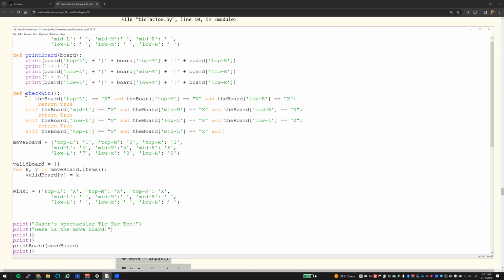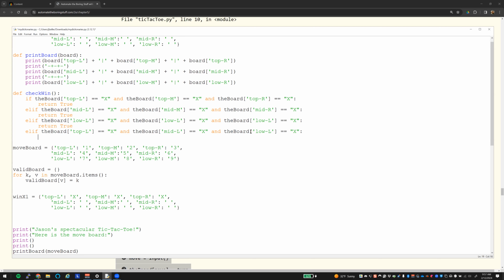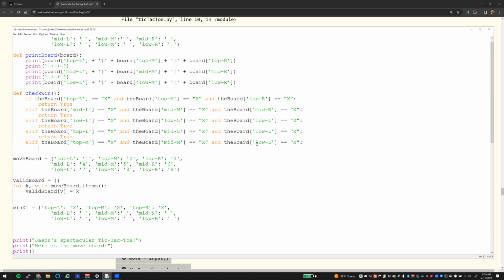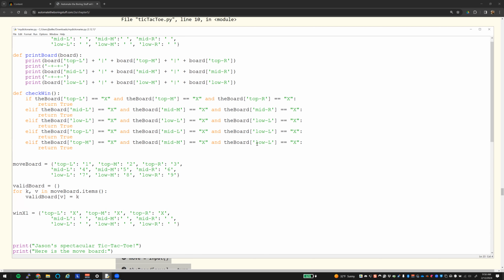And low, steal that one. Okay. That gets us the first column. Second column, there again, you can just start copy and pasting. It'll work. And the last column,